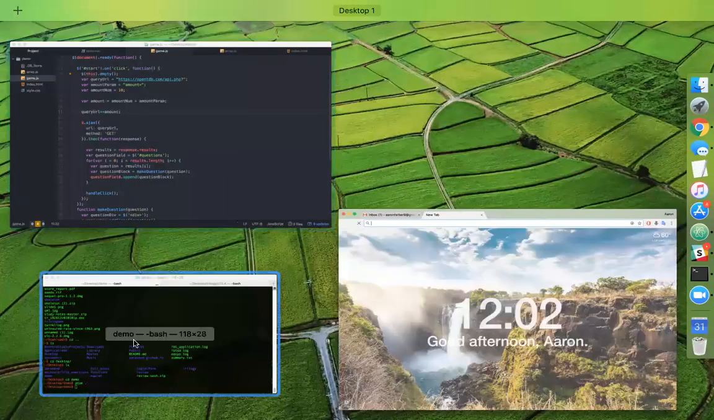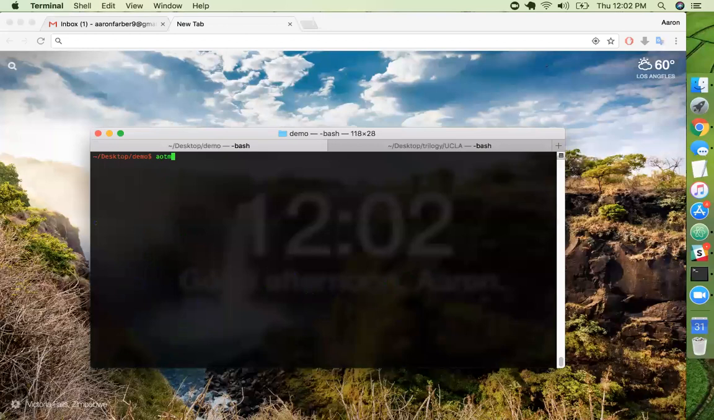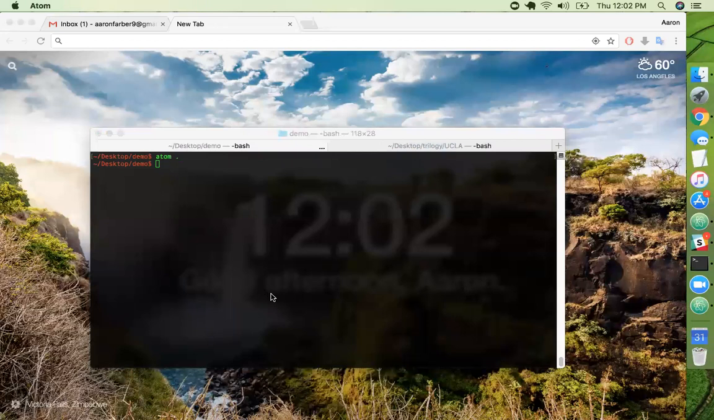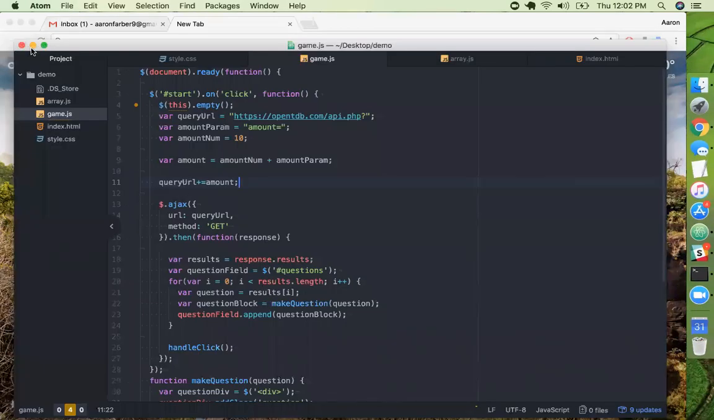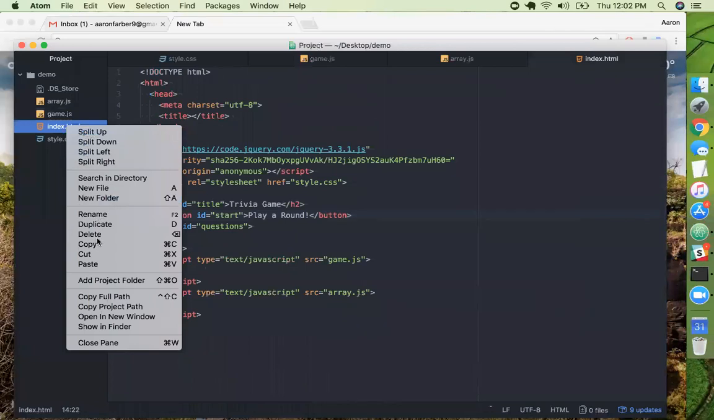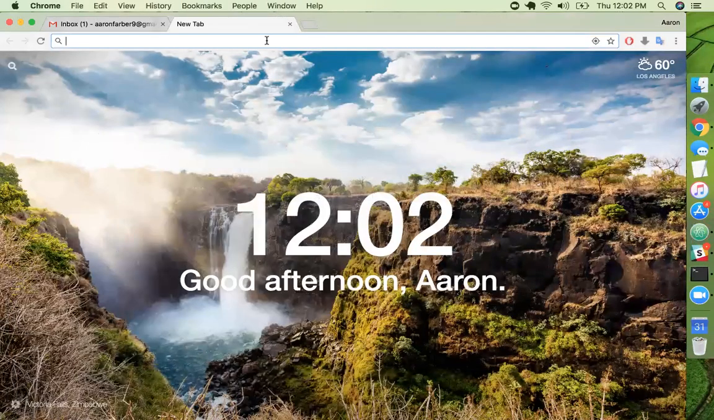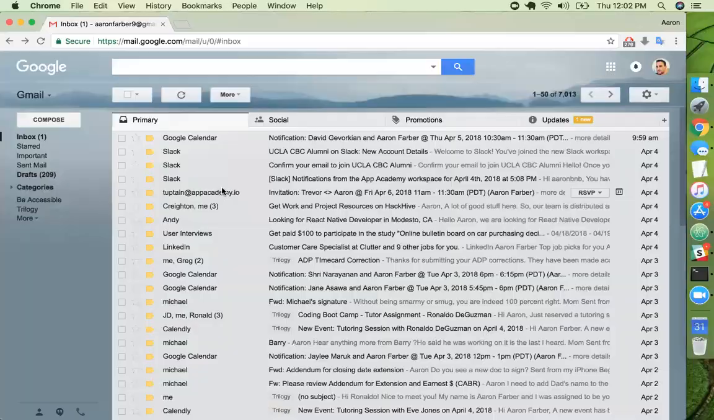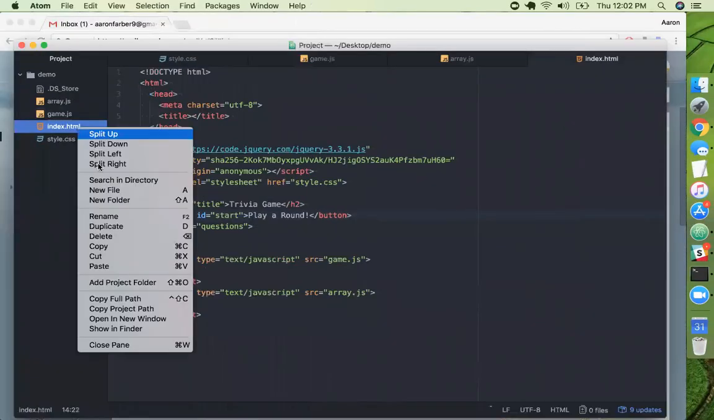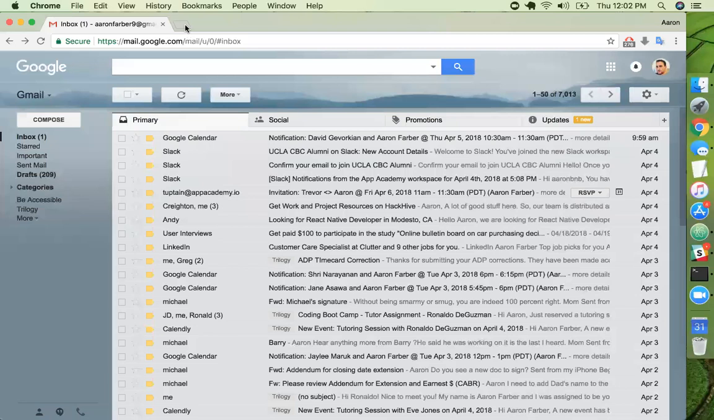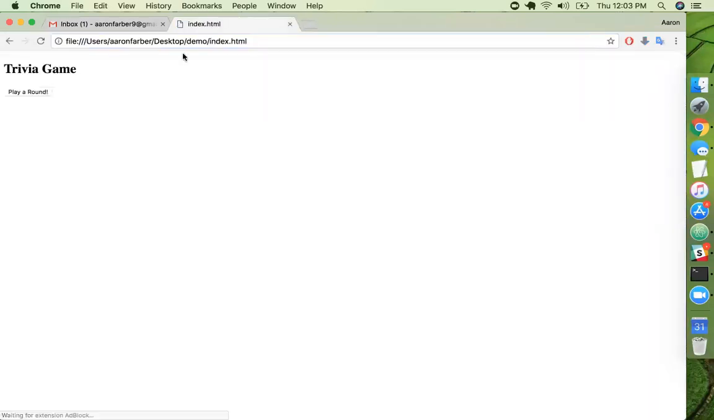Let's see. So I'm going to go to Atom here and open an application that I made during our first review session. Oh, there it is. Great. Whoops, wrong link here. Okay, so if you recall from the review session, I'll click on play around here, and then it should send